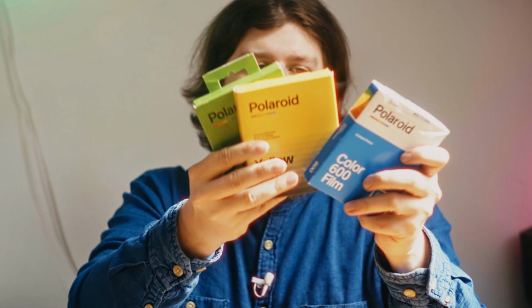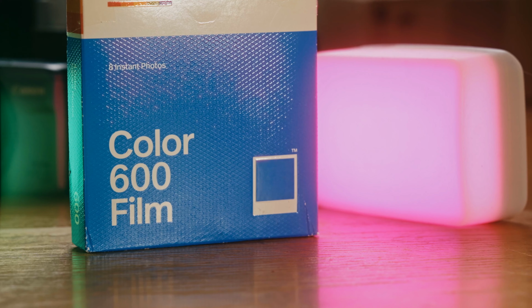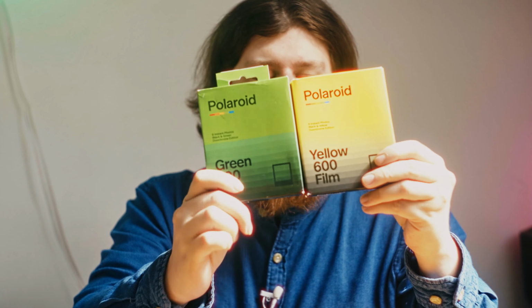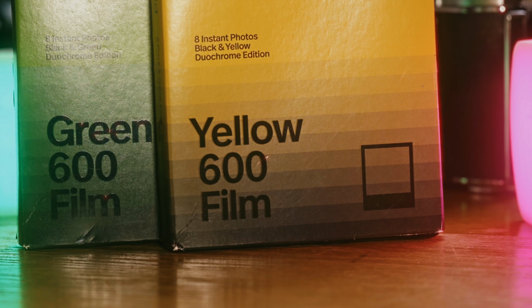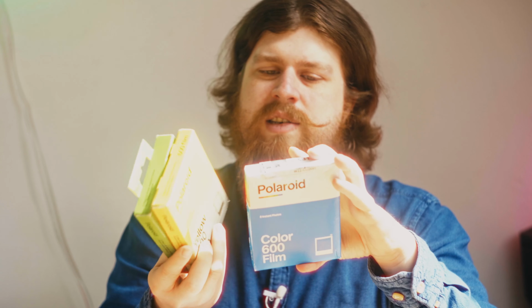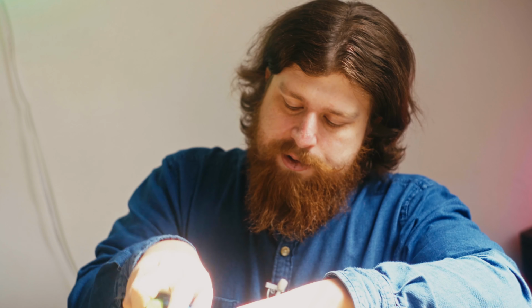I say it's mostly medium format because there are also some polaroids. Like this is normal stuff. And those are interesting because it's the duochrome stuff, with black and yellow and green editions. And I'm kind of excited for them because I think the black and yellow are gonna look fire. But that's a project for later, maybe even studio. I don't know. Okay, spool. So,